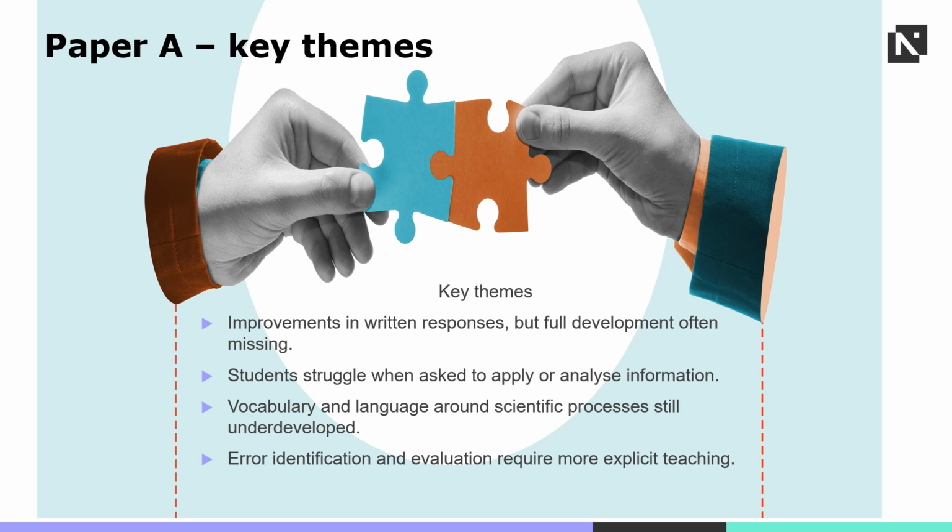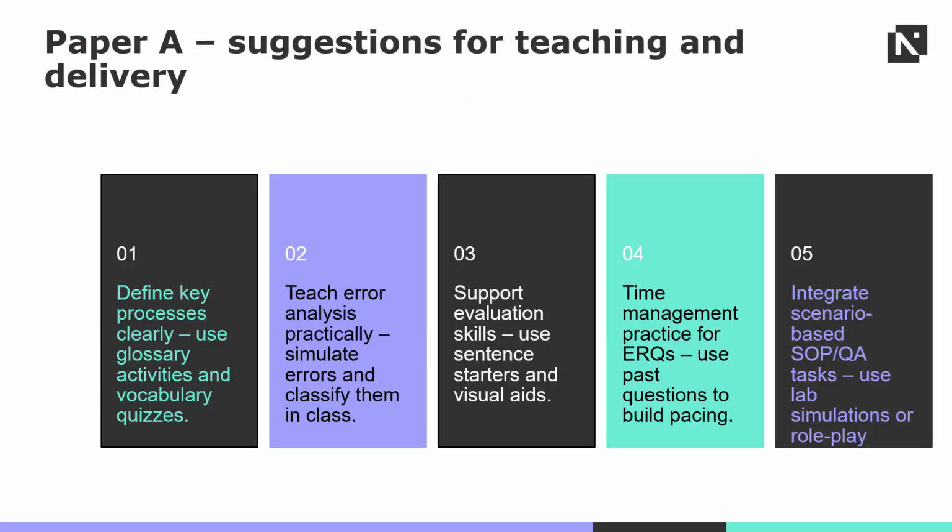Finally, error identification and evaluation, essential in scientific work, are areas that need much more explicit teaching. Students often miss the opportunity to consider how errors affect results or how evaluations could improve procedures. These themes point towards a need for scaffolded development of AO2 and AO3, alongside stronger focus on subject-specific language and real-world context. Based on the trends we've identified, here are 5 practical suggestions to support teaching and learning for paper